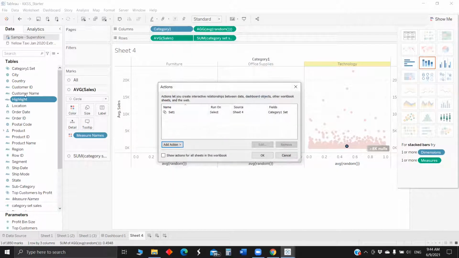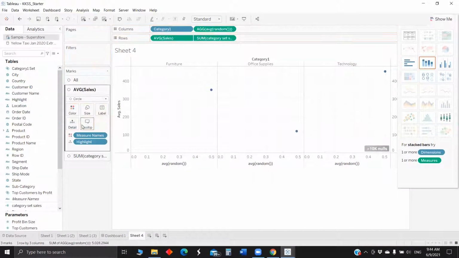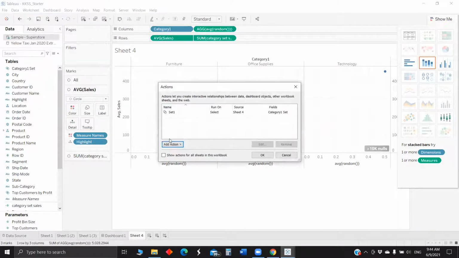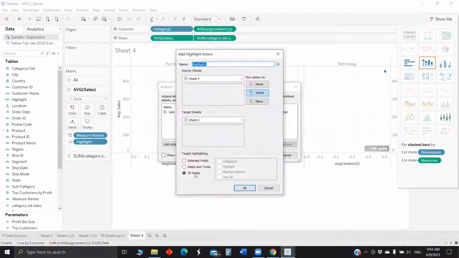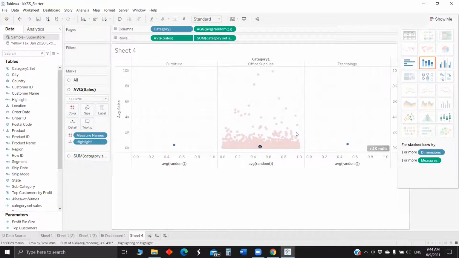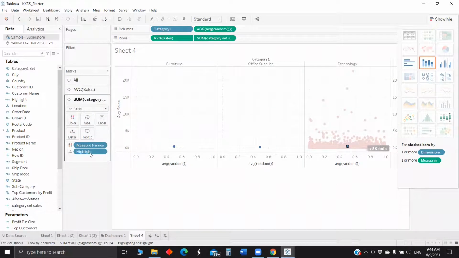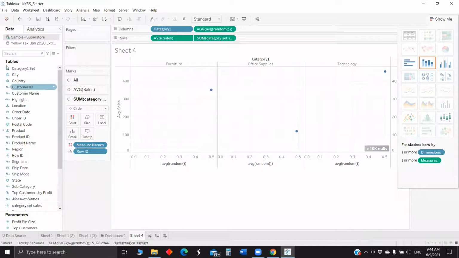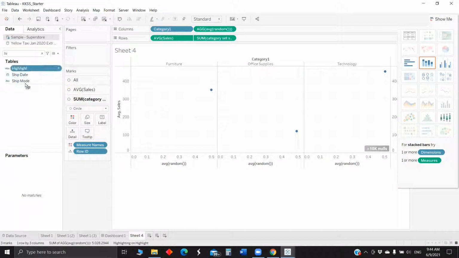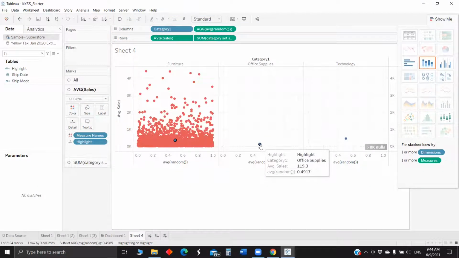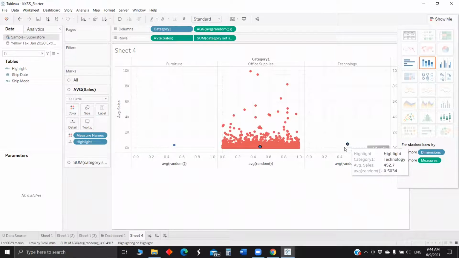Before highlighting, we have to bring this inside the view. I forgot to do that, sorry. So detail. Now if we go to worksheet actions, add action, highlight, selected fields and highlight. Okay. Once I select, okay, it's not highlighting. The highlight field is not here. Let me pull in details. Okay, so once we tap, earlier the backend data didn't get highlighted, now it's getting highlighted.